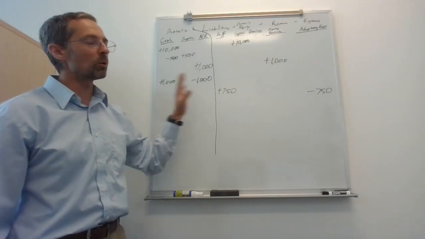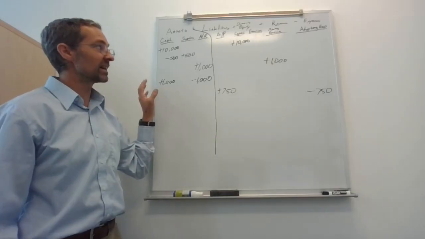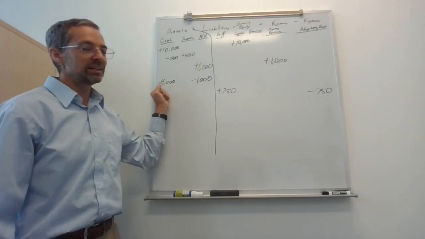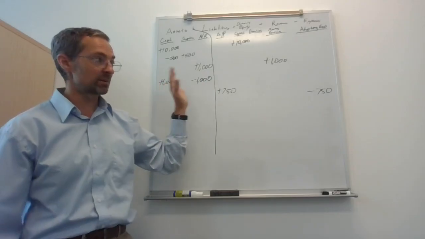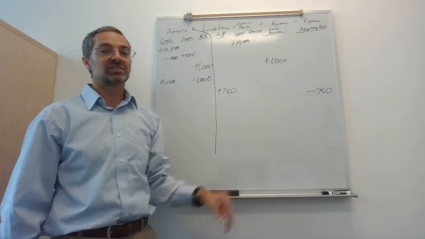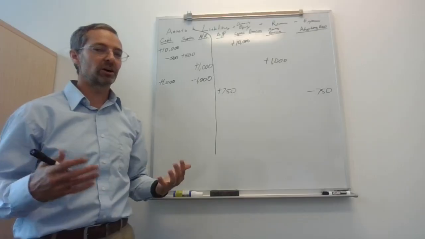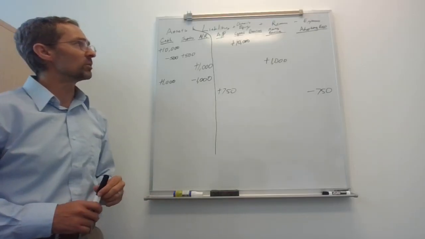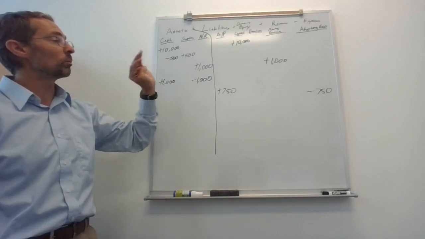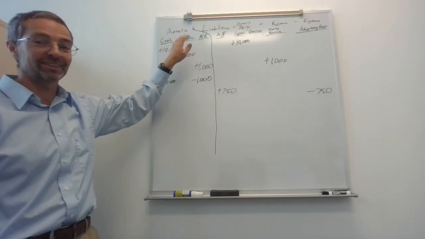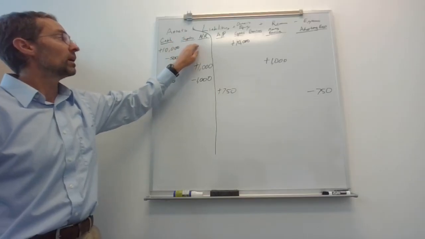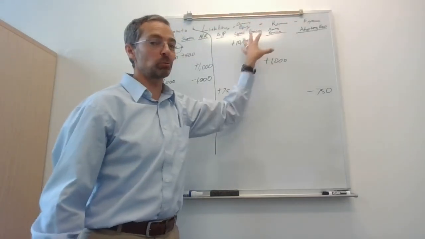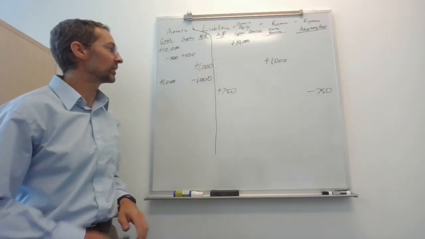The equation always has to work. So you'll notice that if I put something on in the assets, my assets go up, either another asset went down or something is happening on the other side. So we always have to get the equation to work. Another thing to point out is that, again, what is most important is not necessarily the name of the account, but where we put it in the equation. So what category do we put it under?